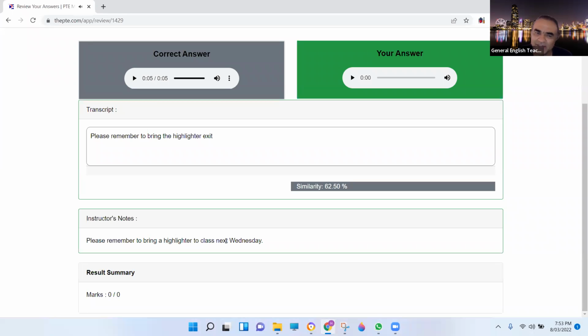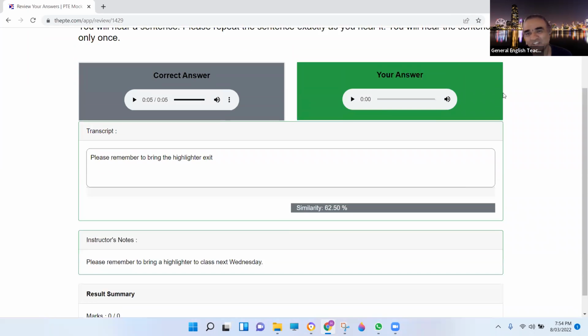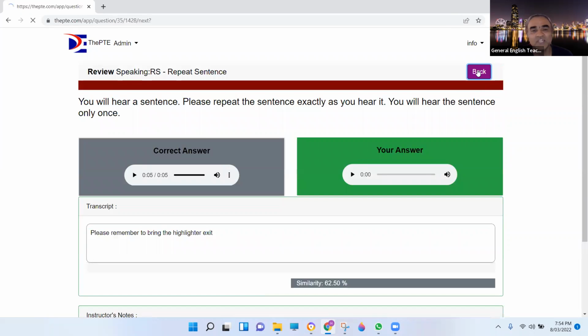If you don't write Wednesday with a capital letter, but full stop, I mean, in write from dictation, add capital letters in write from dictation. We are doing repeat sentence, of course. Pradeepa, please.